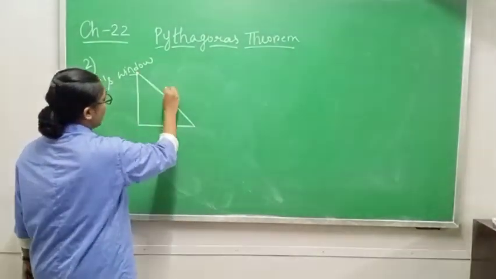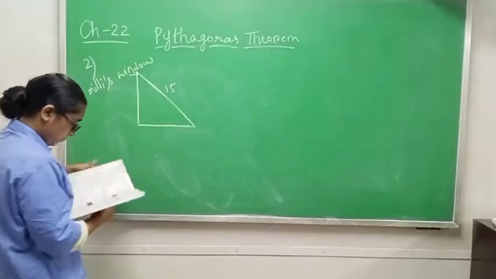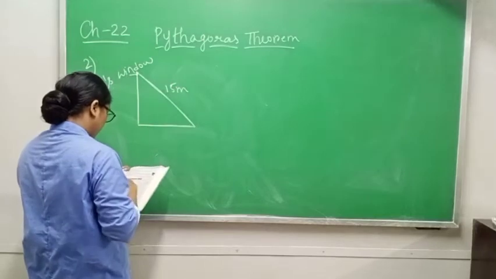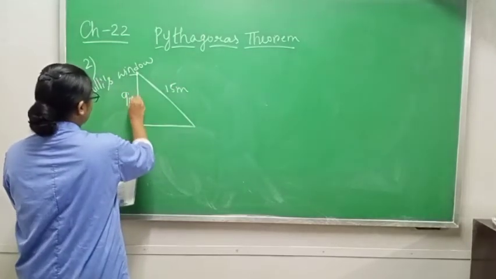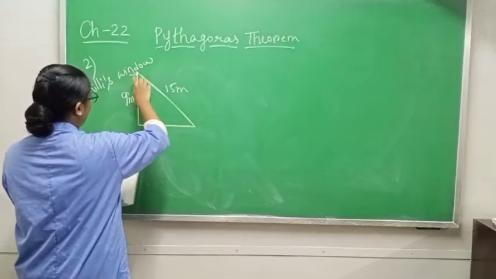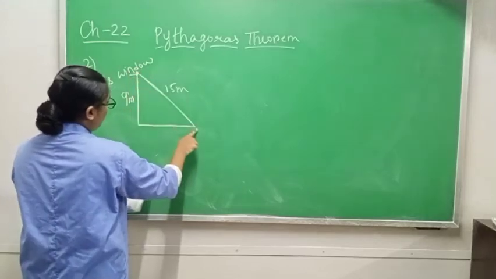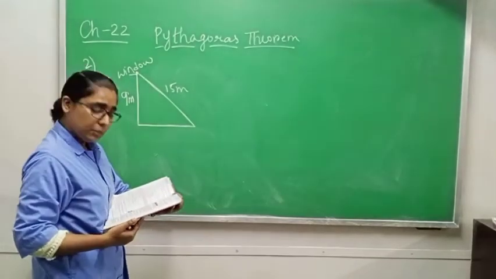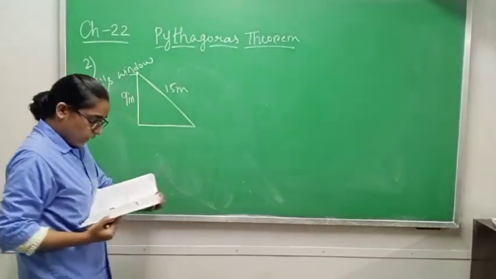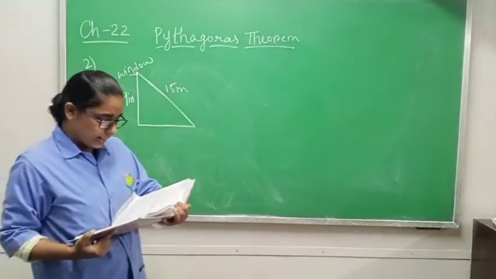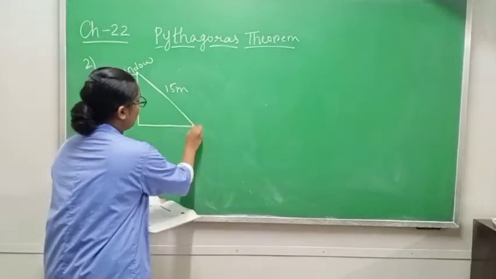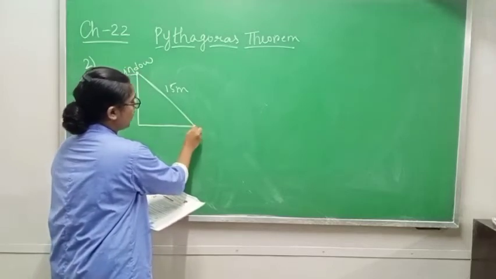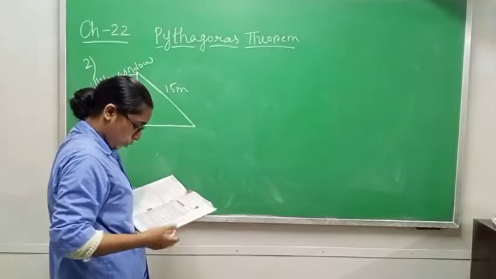Okay, and the ladder length is 15 meters, and the window height is 9 meters. It means from the ground to Millie's window the height is 9 meters, and the ladder length is 15 meters. Now, keeping the foot of the ladder at the same point. This is the point where the foot of the ladder is. So keeping the foot of the ladder at the same point,